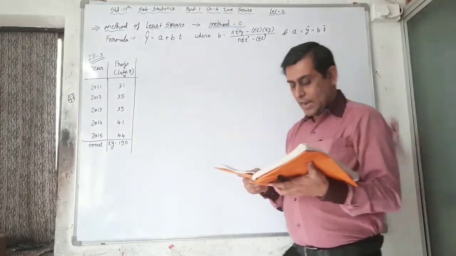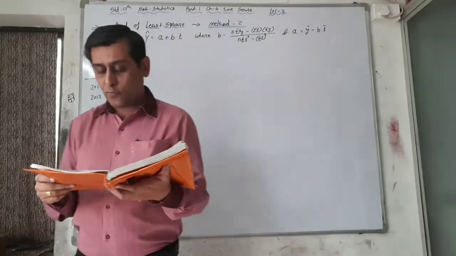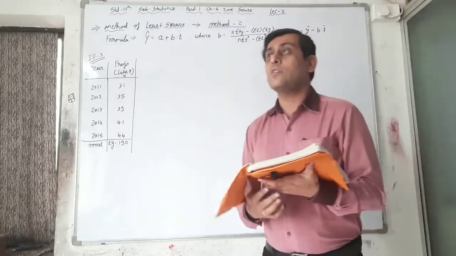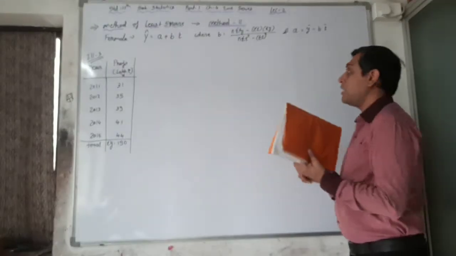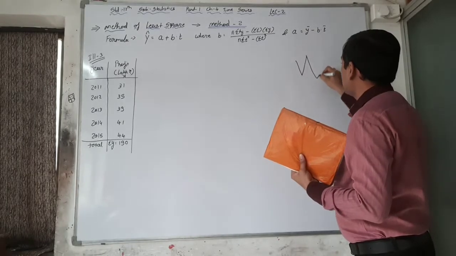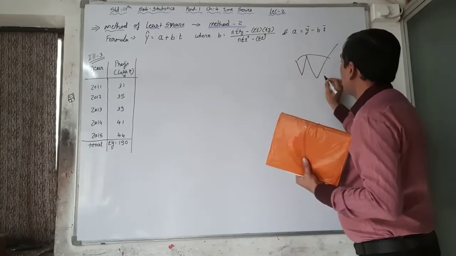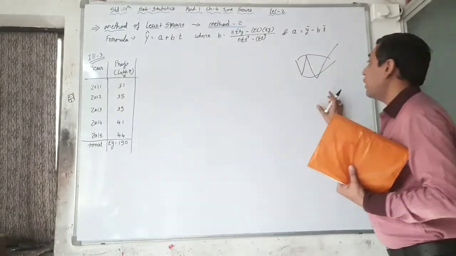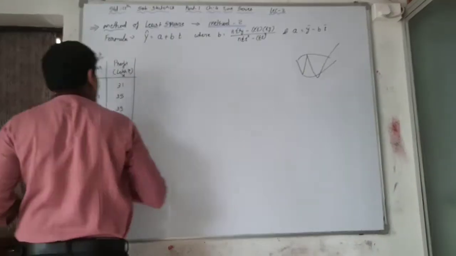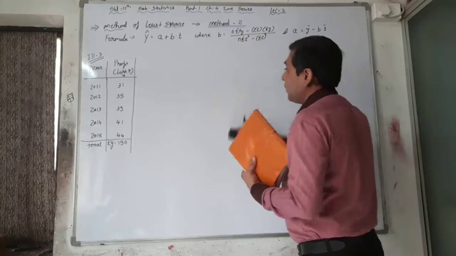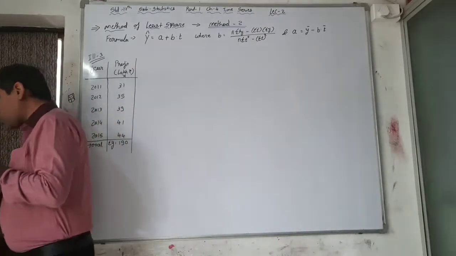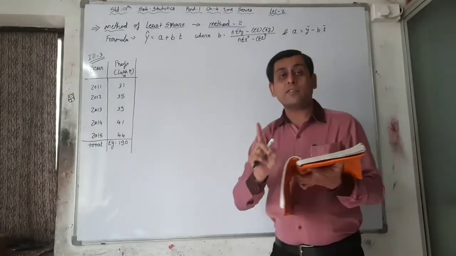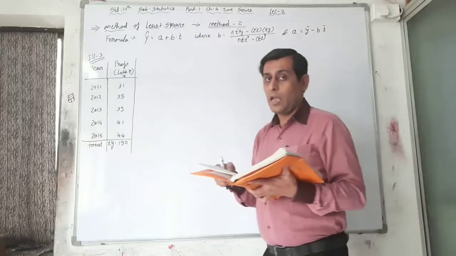That's why it is said that this method is absolutely mathematical, and hence the future estimates do not change subjectively with the person. The limitation in the graphical method is that if one person is drawing a graph like this, or another person is drawing a graph like this, then the answer or decision will be changed. But here in the mathematical method, the least squares method, all persons use one formula only, and that's why the answer is common, right? That's why it is an absolute method.